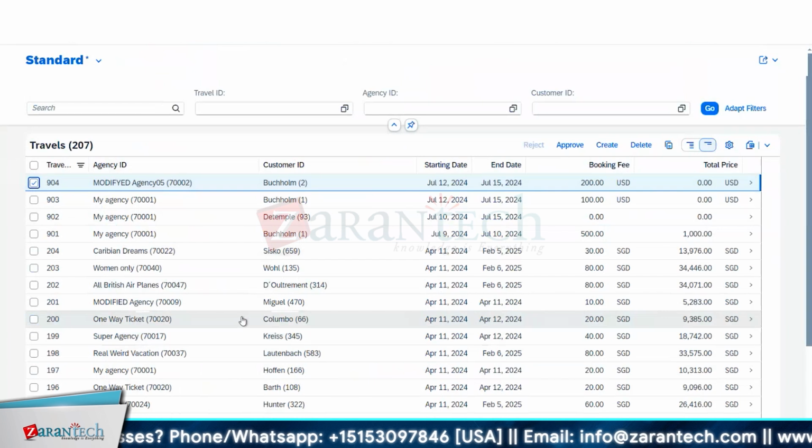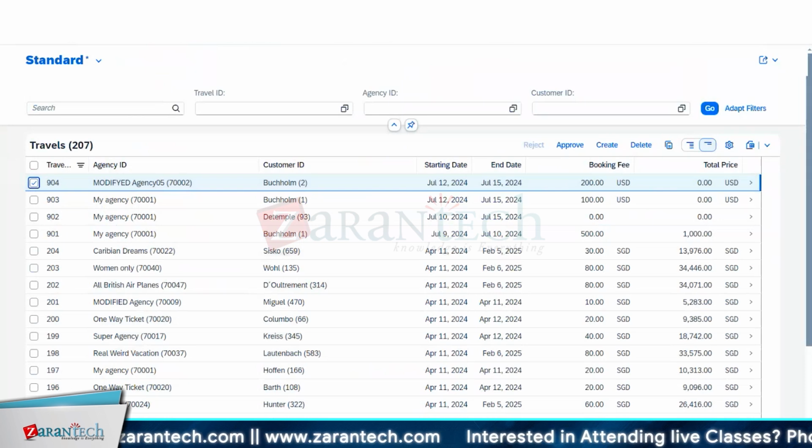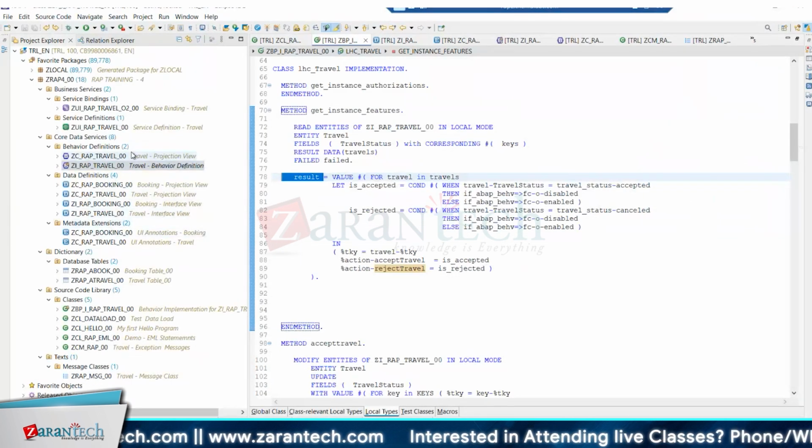Okay. So this is how we can write the dynamic feature controls. Similarly, we have written some determinations in our booking also. Some booking status checks also we have made. So that will be our task. I think we wrote two behavior definitions. I mean, in the behavior definition,